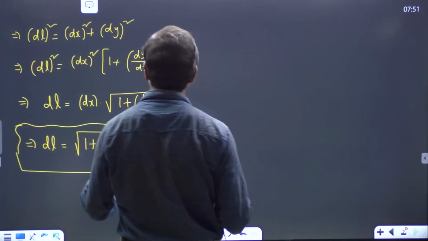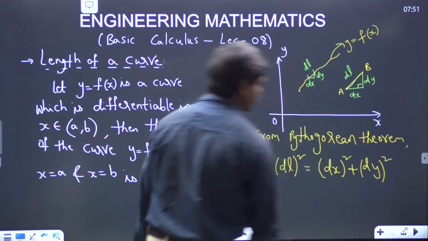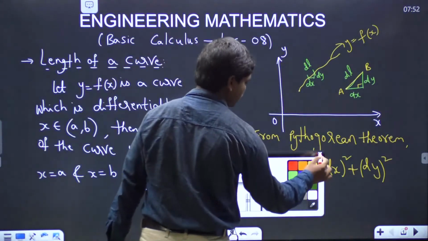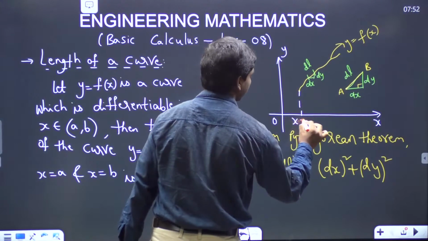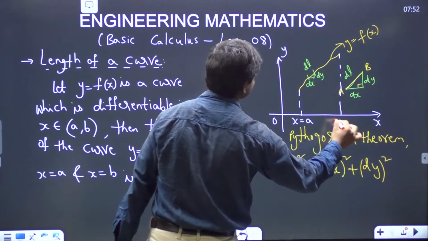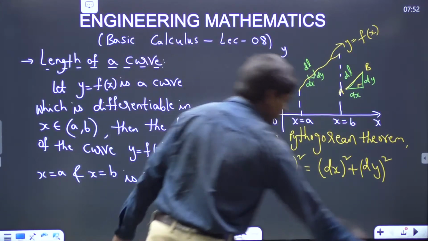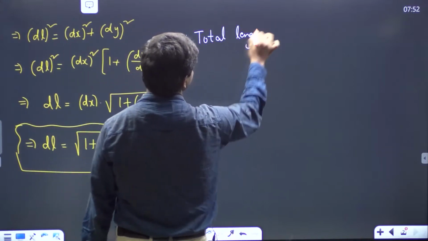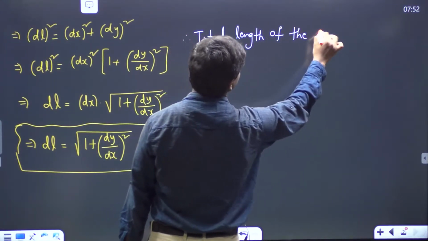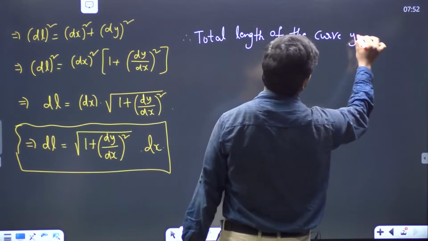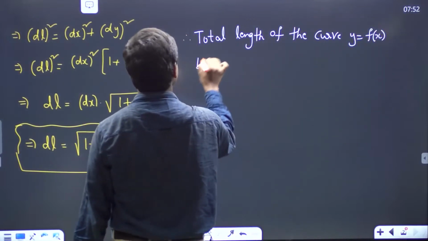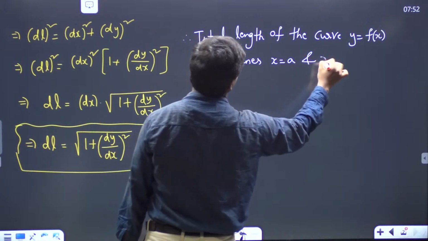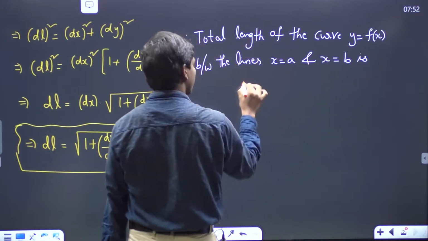If you want the total length of the curve, you need to integrate this expression between the points of interest. Here our points of interest are x is equal to a to x is equal to b. If you see, it could be something like this, x is equal to a and this is x is equal to b. So if you want the total length of the curve y is equal to f of x between the lines x is equal to a and x is equal to b, L is equal to